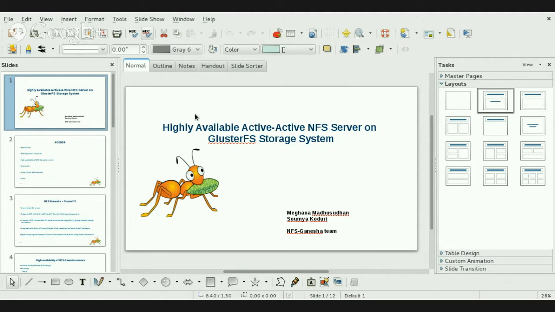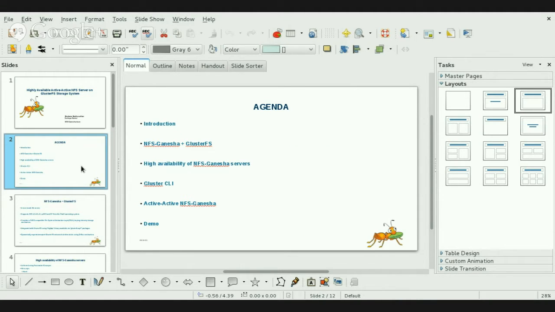Today this session is about the highly available active-active NFS server on GlusterFS storage system. So let me explain the agenda of today's session. First, I'd introduce you to what NFS-Ganesha is and what the integration of NFS-Ganesha and GlusterFS really means. And then I move on to the high availability of the NFS-Ganesha servers that we have implemented. And then I also introduce you to the new Gluster CLI that has been introduced to make the configuration of Ganesha exports easier. And then I move on to what active-active NFS-Ganesha really means, what are the challenges involved, and